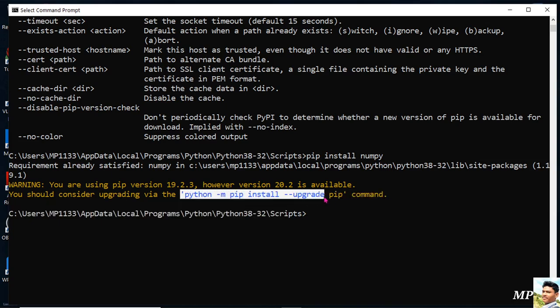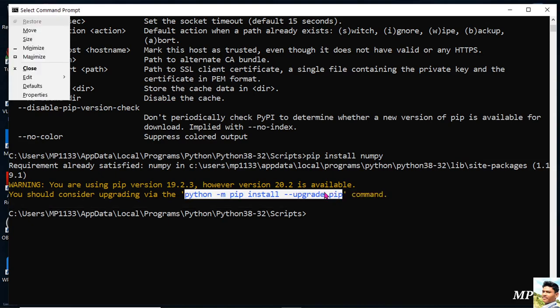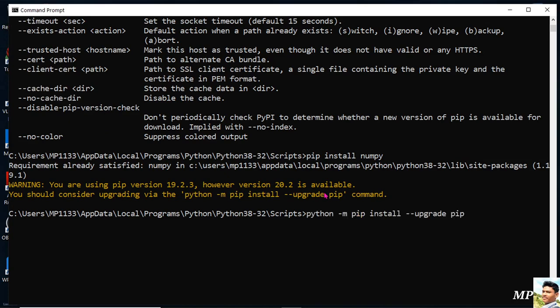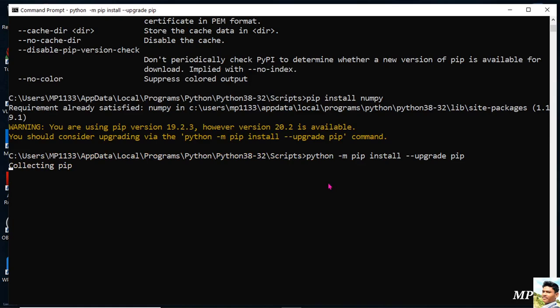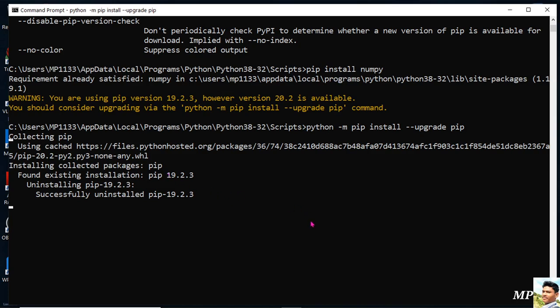I have copied this command. I am copying it here and hitting enter, because I am upgrading the pip command. Collecting pip, here I found pip 19.2.3. This is the pip command version.